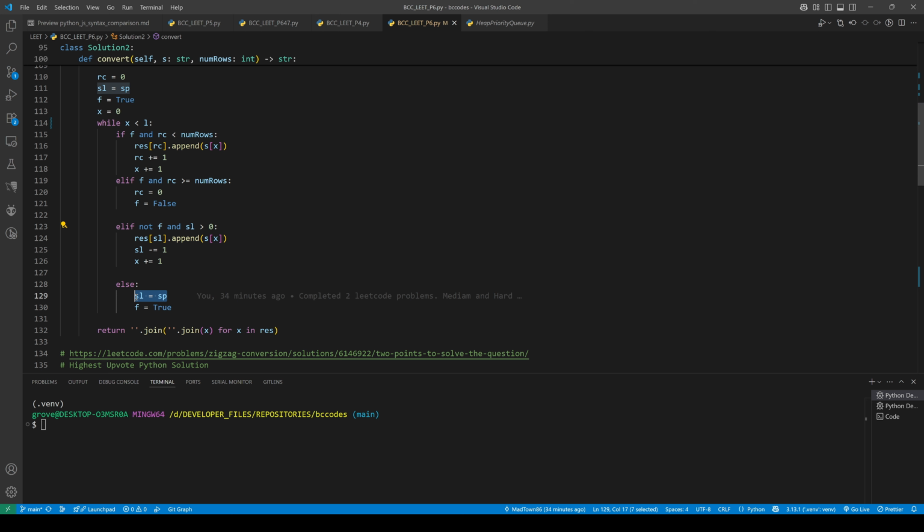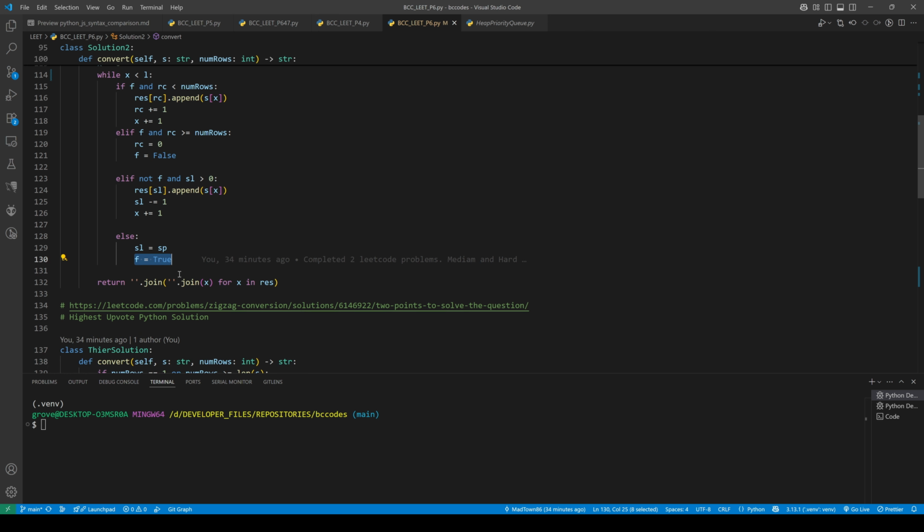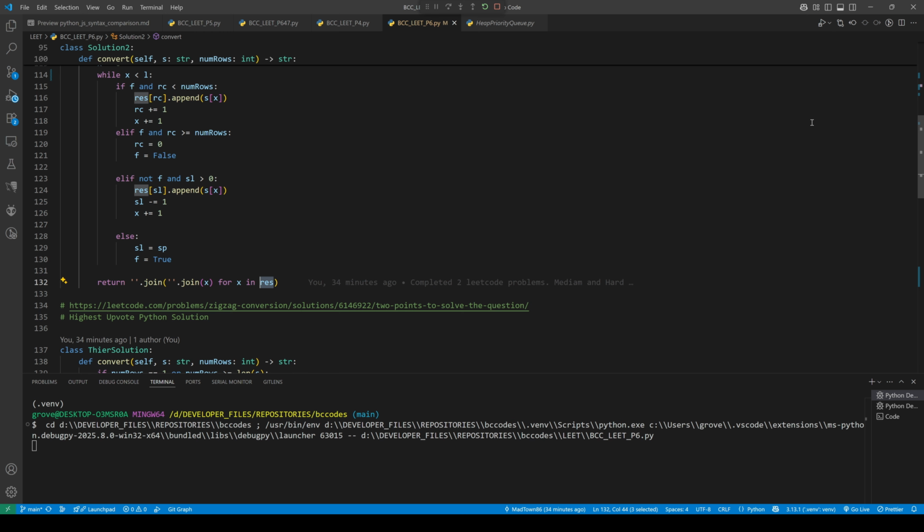It resets that zag counter using that placeholder value, and then it resets the flag to true. So keep switching back and forth until the string is exhausted and the while loop is closed. Then I'm just doing a nested join for the arrays in res to return that new string. So let's dive through that problem here with the debugger,